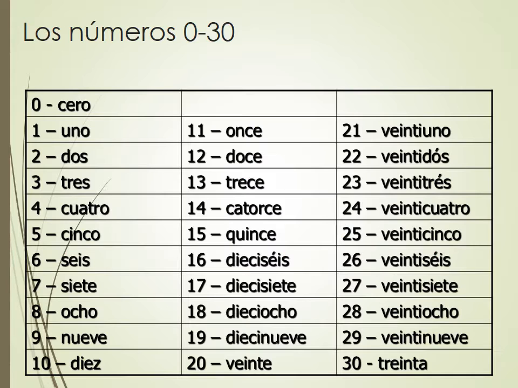Numbers from 0 to 30. Alright, here are the numbers from 0 to 30. Listen to the pronunciation. You may think you already know how to do this, and most people know up to 10, but are you pronouncing them correctly? Let's see. 0,